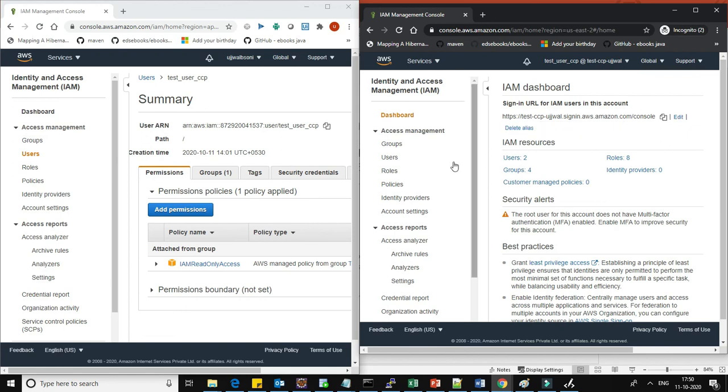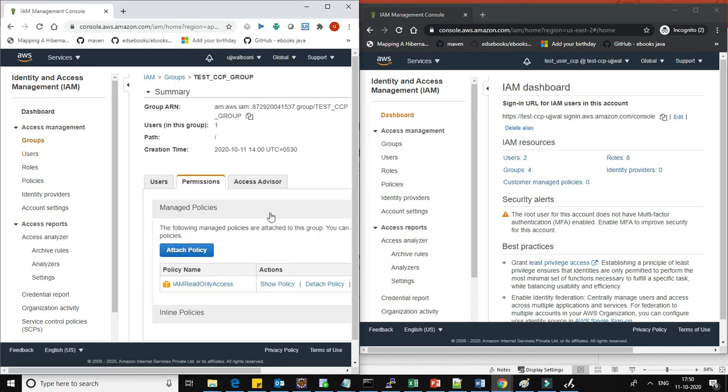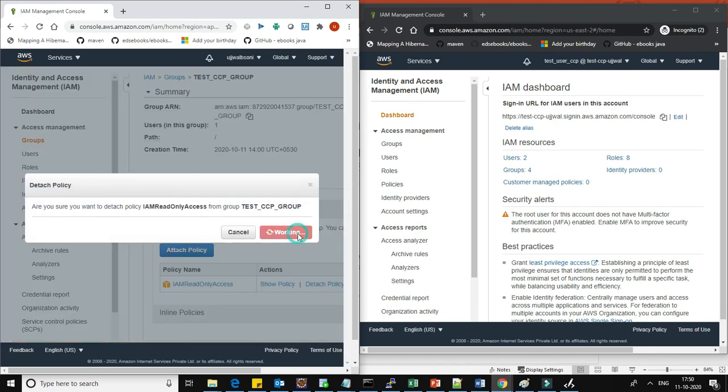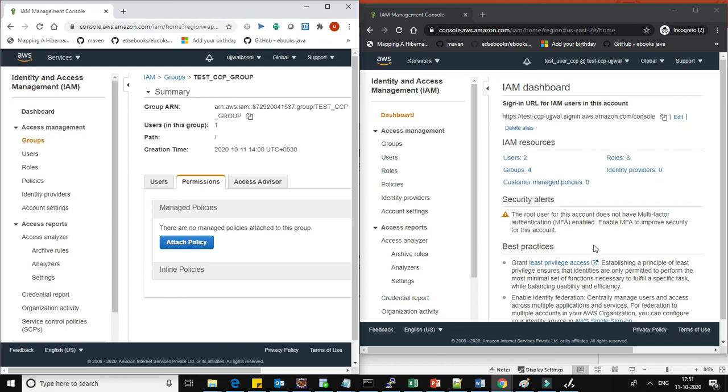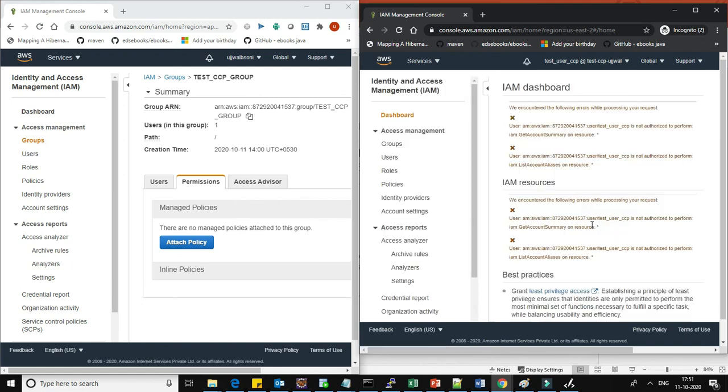Okay, what if I remove it? Let's remove the IAM policy from our newly created IAM user. From my root user I will have to detach the policy. Detach. And now again when I hit refresh on the right hand side window for the IAM user, I should get an error because I don't have any permissions to access.